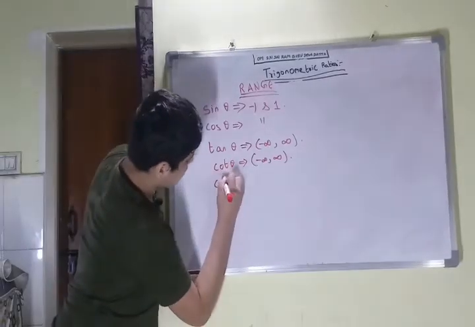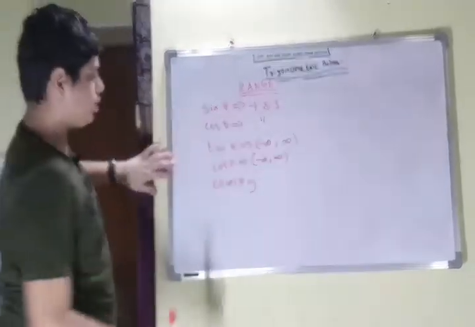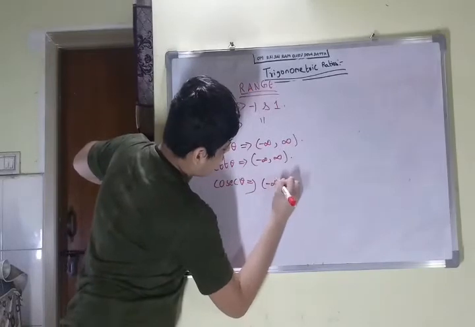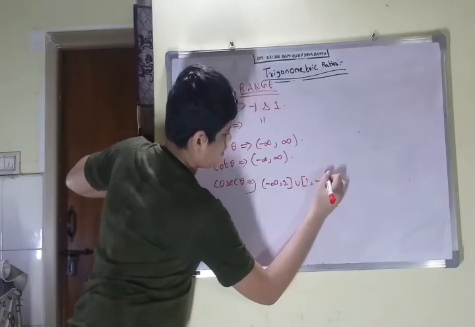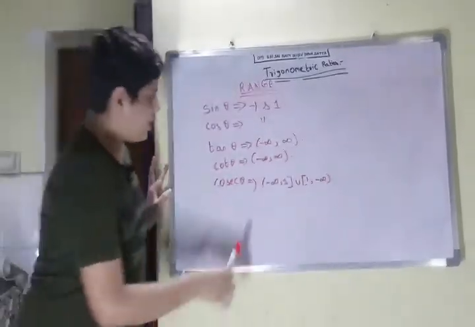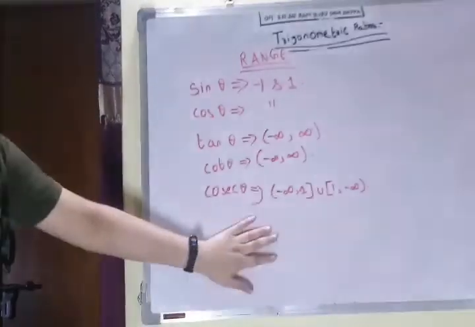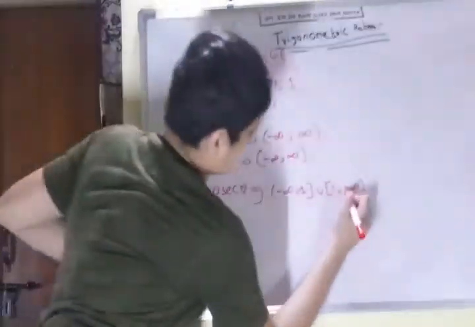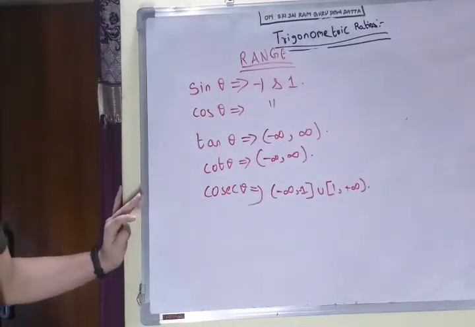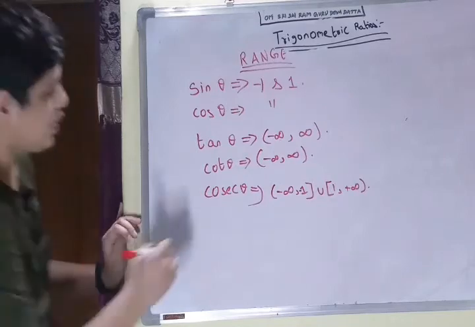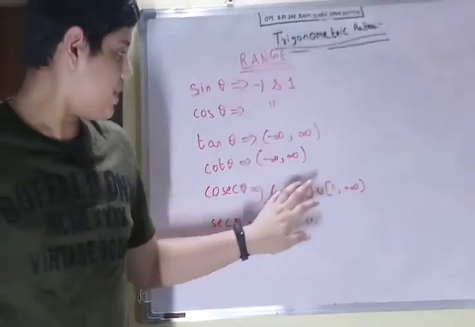Now let us discuss cosecant theta. So you have divided this 1 by sin theta, so it will be cosecant theta. So the value of cosecant theta can lie, okay, this is minus 1, sorry. It can lie between minus infinity to minus 1, any value, and 1 to plus infinity, any value. But it will not be greater than minus 1 and less than 1. You have to remember this. For secant theta also it is the same, minus infinity to minus 1.